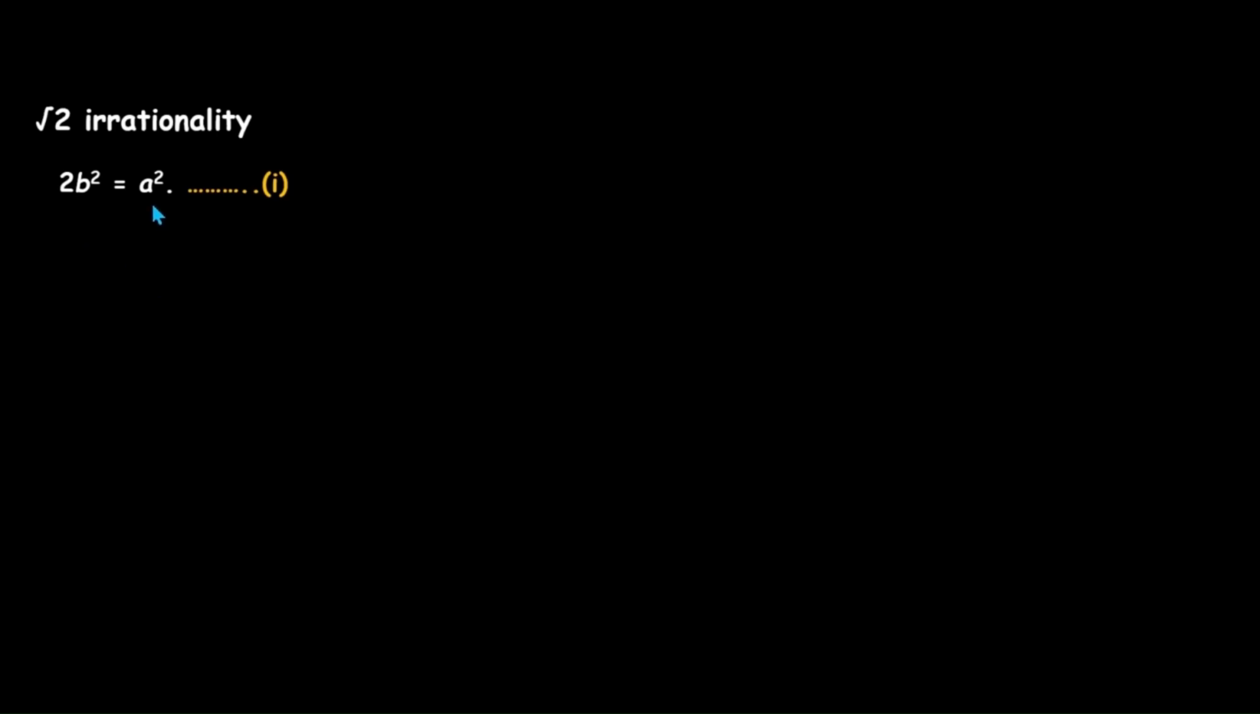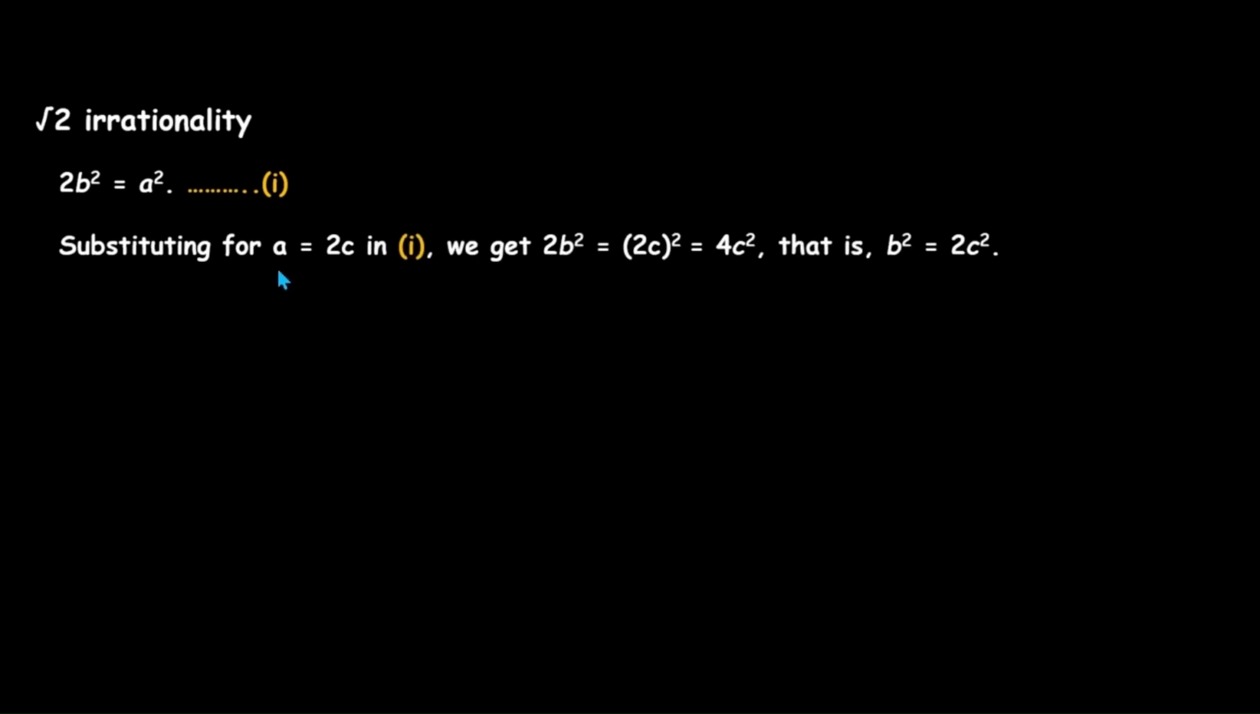So let's go back to our equation 1, 2b square is equal to a square. And now substitute a is equal to 2c in our equation. Substituting 2c for a in equation 1, we get 2b square is equal to 2c whole square, that is equal to 4c square. And if we cancel 2 and 4, we get b square is equal to 2c